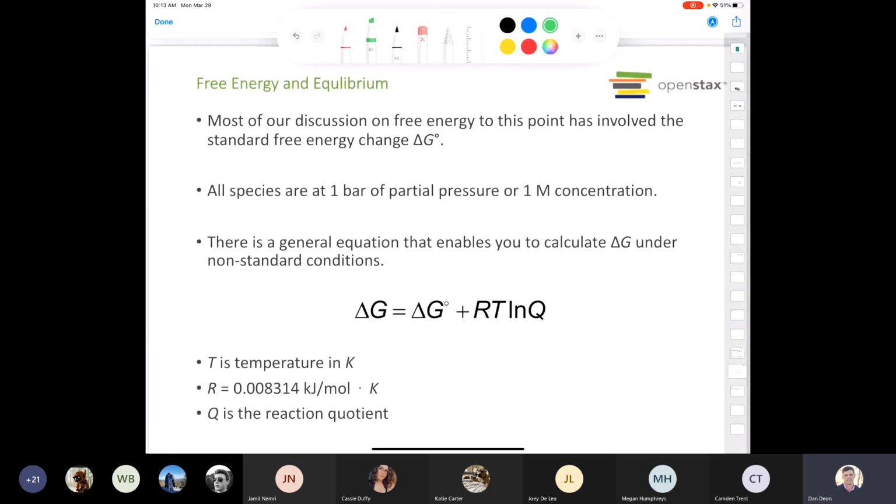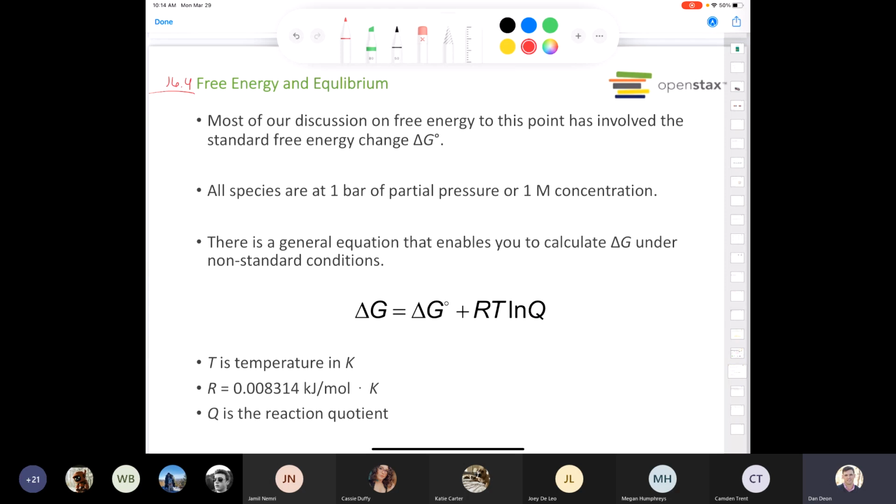Okay, so this is section 16.4 in our book. I probably should have put that in here as section 16.4, where we tie in the concepts of free energy and equilibrium. Remember equilibrium? That was chapters 13, 14, and 15. We spent a lot of time talking about equilibria. And so now we're going to tie it into this chapter, into our thermodynamics. So look,